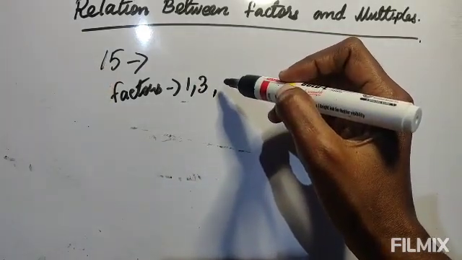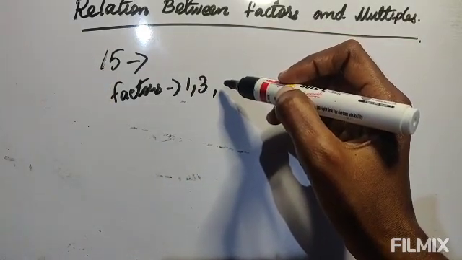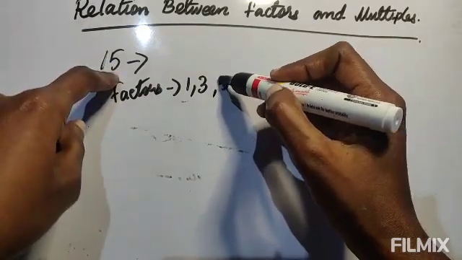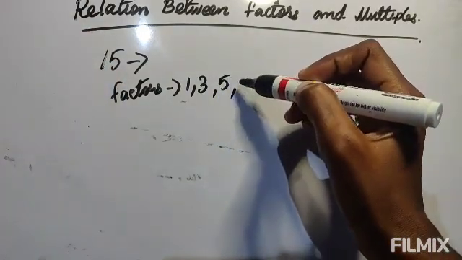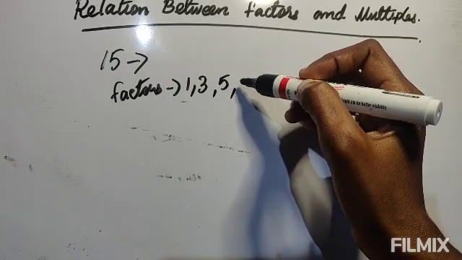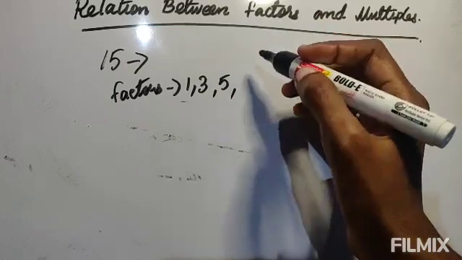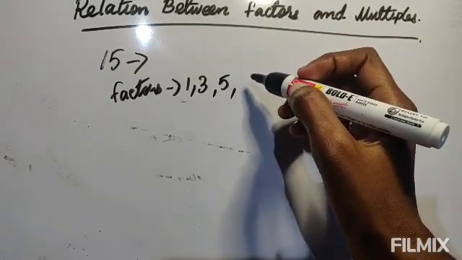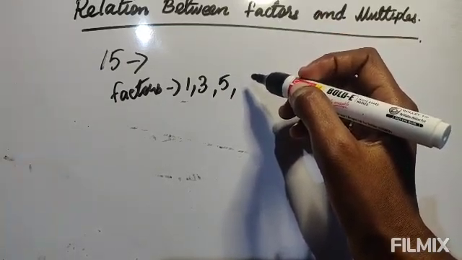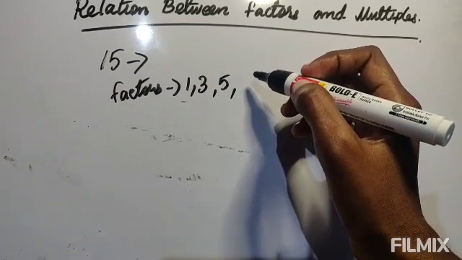Again 4, an even number, will not divide the odd number. 5, it is ending with 5, so it will be divisible by 5. Again 6, even number, will not divide. Again 7 2s are 14, so it won't divide. Again 8, even number, will not divide. 9 2s are 18, it won't divide.